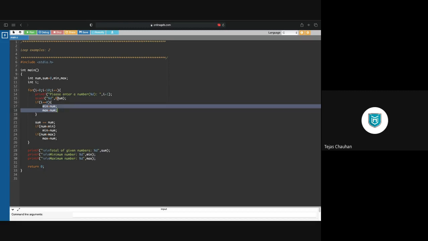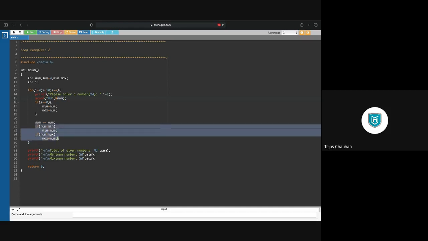After that, all the numbers given by the user will be checked whether it is minimum or maximum here. If that number is smaller than the existing minimum, then you update the existing minimum with the number. You put the number in min, so the old min is updated. And if the current number is greater than the existing maximum, you put the current number in maximum, meaning the old maximum is updated.